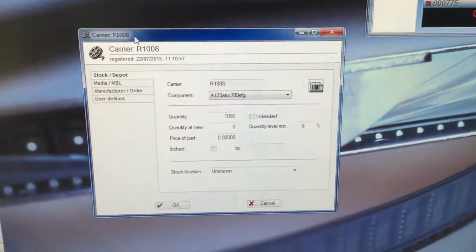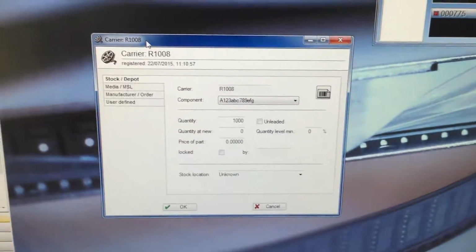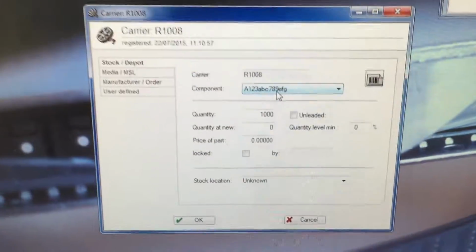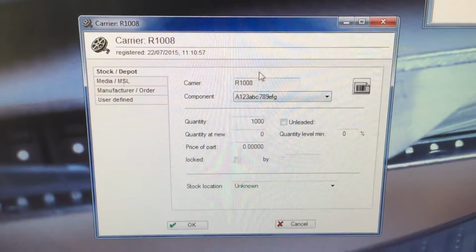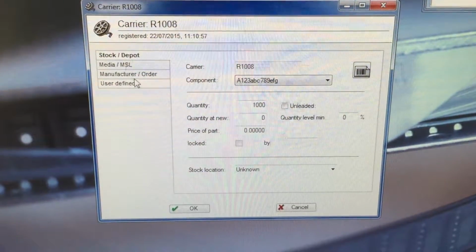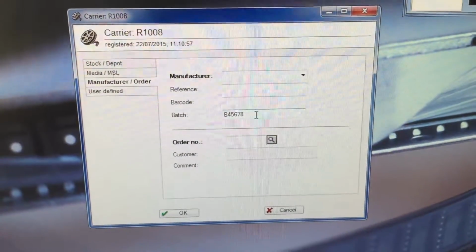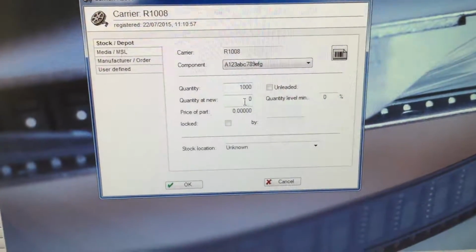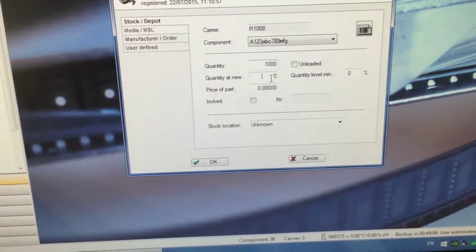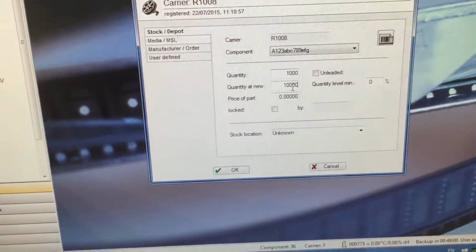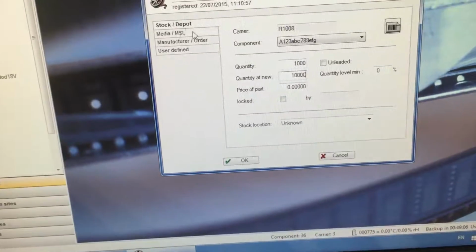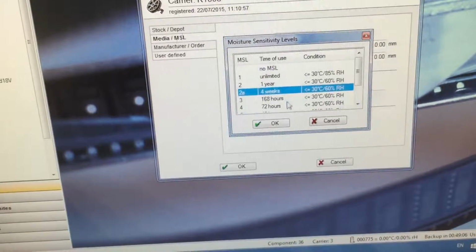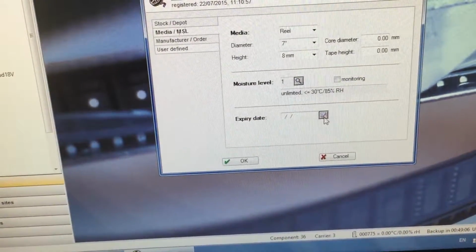Now this is to show you this is a new carrier. You actually create a carrier ID database in the tower with the component exactly selected based on the barcode scan, and the ID is inside, and the quantity inside, as well as the batch ID. Okay, and now if you check everything is okay, or if you want to change something, for example I want to add to the quantity, and new is 1000 or 10,000 or anything that I want to add, or moisture level, whichever I can select, 4 weeks, 1 year, unlimited, and then just okay, and there's the expiry date,